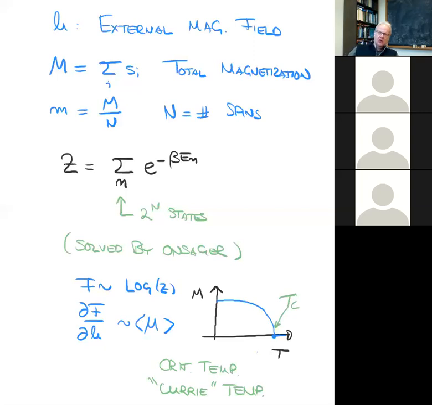What is a little bit of a miracle, if you just look at this Hamiltonian, is that that should happen as a sharp transition. So that's why this is called the critical temperature: there's really one point where it's not the case that the magnetization just becomes very small. It really becomes exactly 0 at that point. Okay, so that's why it's called a critical point.